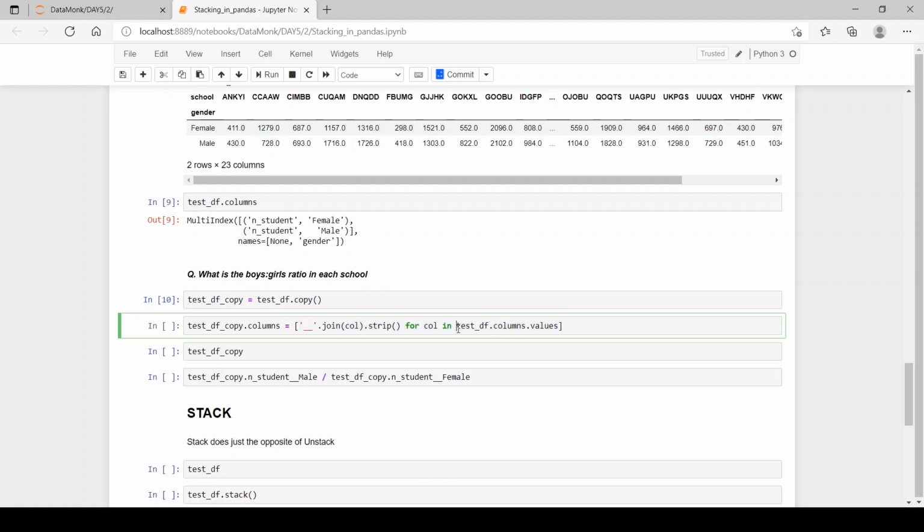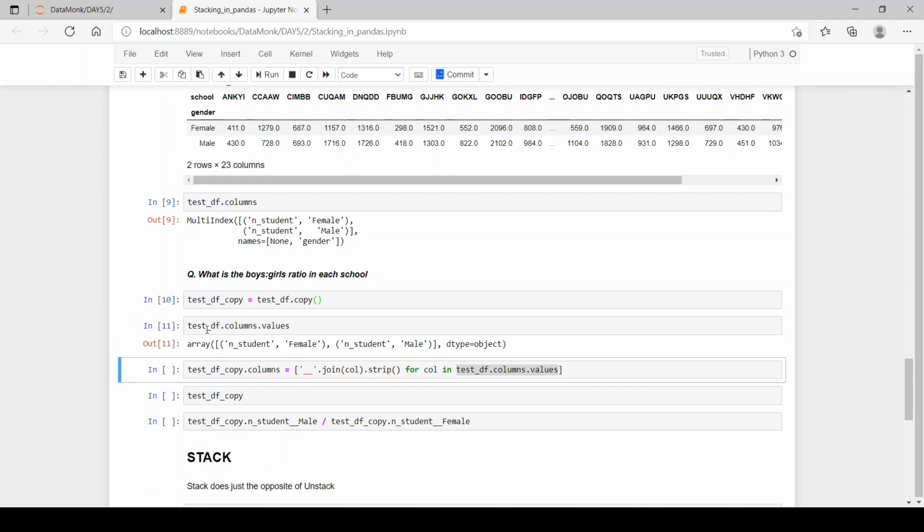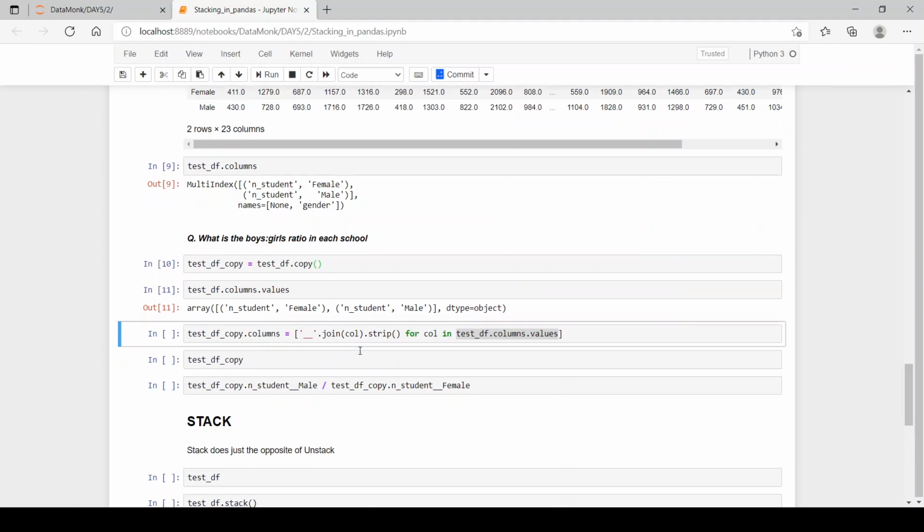We have test df dot columns, so we have the column names over here, then we apply values to it. After running this function, let's see what happens so that you get a clear idea of what's going on. Now let's run this function, and this gives an array: n student female and n student male, with data type object.